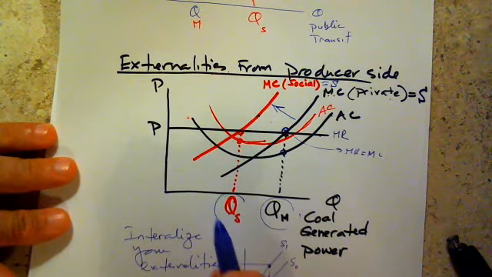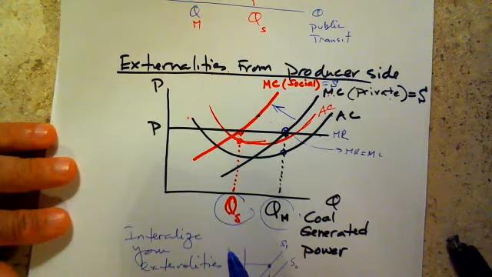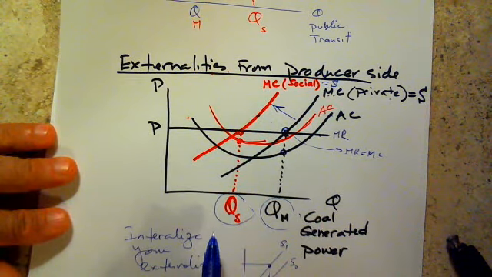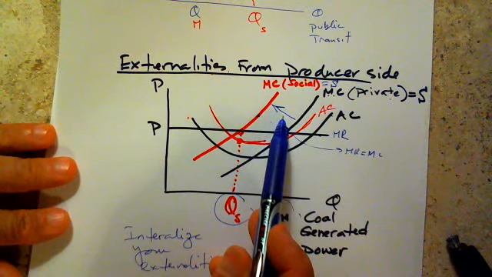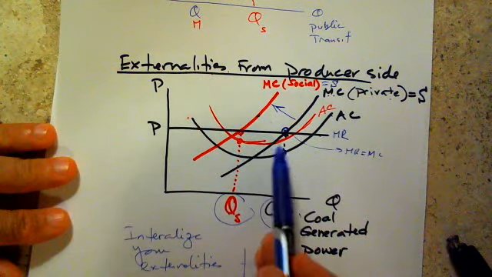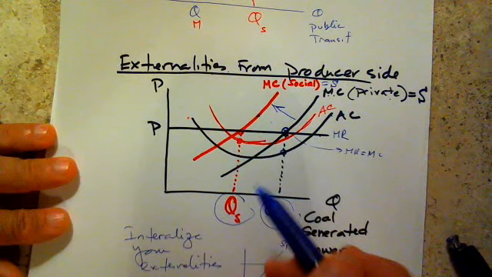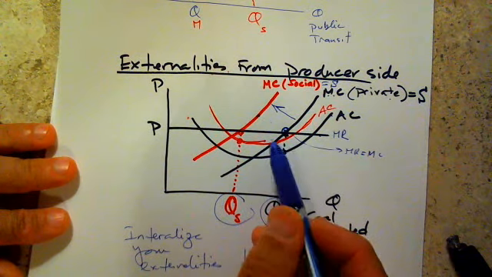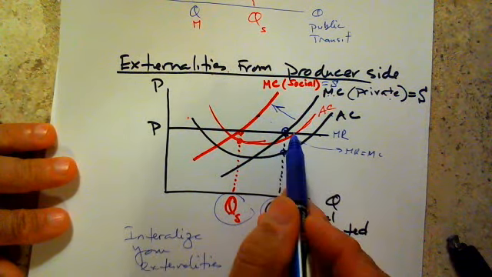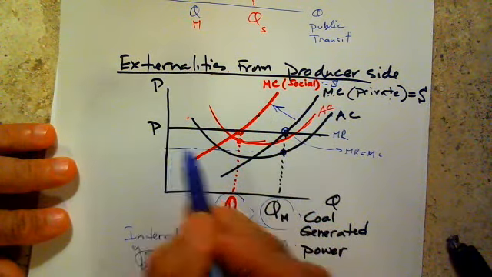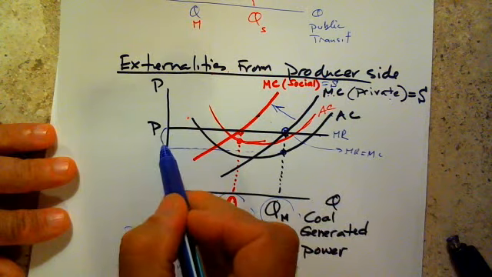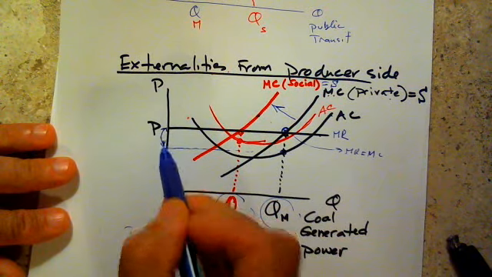This would be the output if we force the firm to incur the expense of cleaning up the pollution or installing technologies to reduce or eliminate the pollution. That will increase the cost and shift the marginal cost to the left, and also raises the average cost. And as a result, if you look at profitability, at this price, for this level of output, marginal average cost is here. So the level of profit per unit is this level.